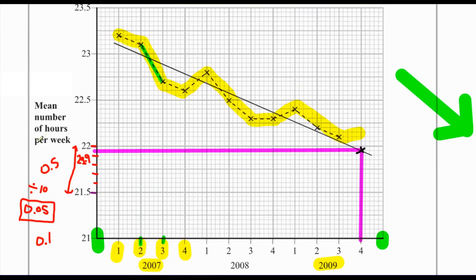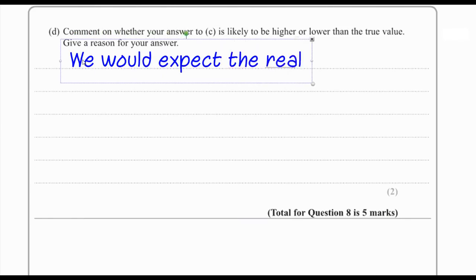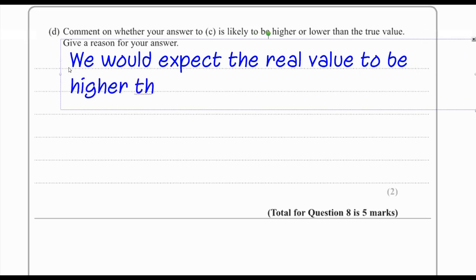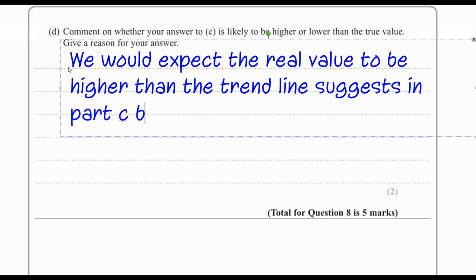Up, down, down, cross. Up, down, down, maybe across. Okay, we're trying to follow the pattern from quarter 1 to quarter 4. So quarter 4 doesn't drop down as much as the others. Can you see that here it's a little drop, here it's hardly any drop, and here we'd probably expect between a drop like this and a drop like that. So we expect the real value to be higher than the trend line suggests in part C,